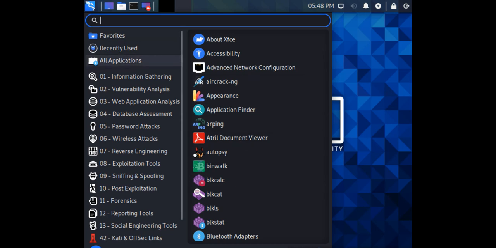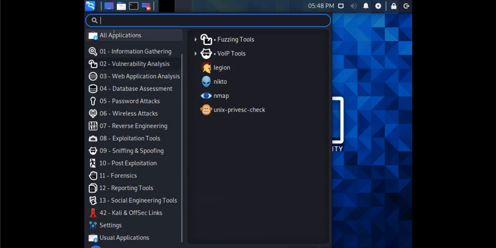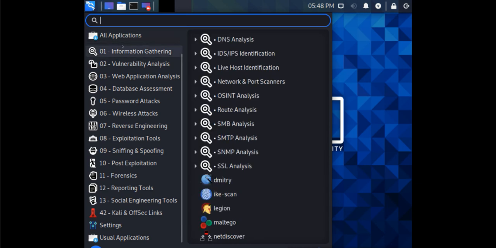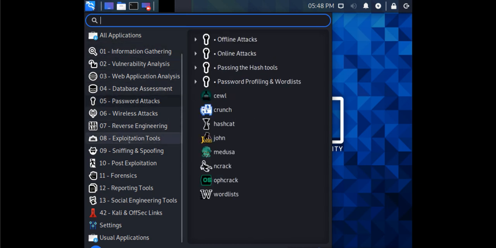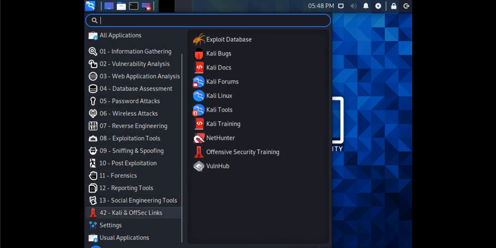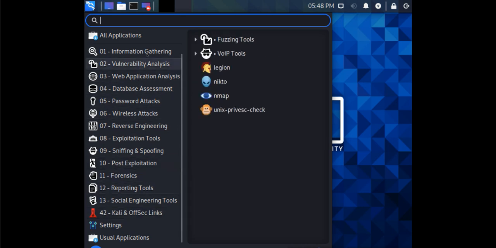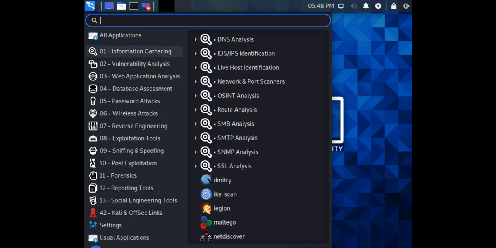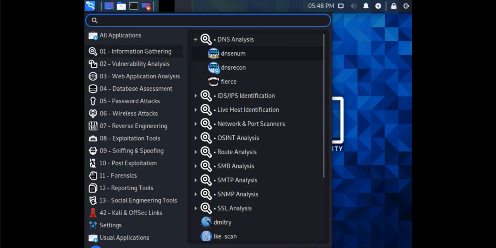Now what we need is the hacking applications, and you can see here these are all related to hacking or penetration testing. You have the option of information gathering. When you click this, it will show you DNS analysis, IDS/IPS analysis, live host identification, and when you click on each you have different tools.